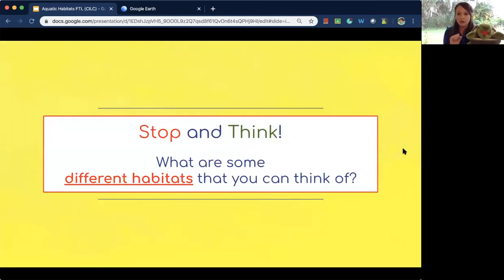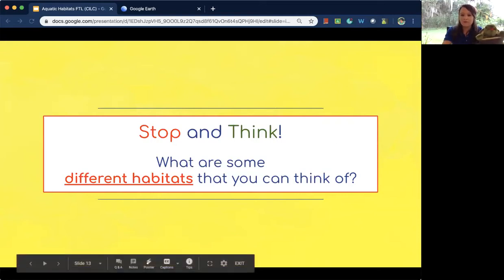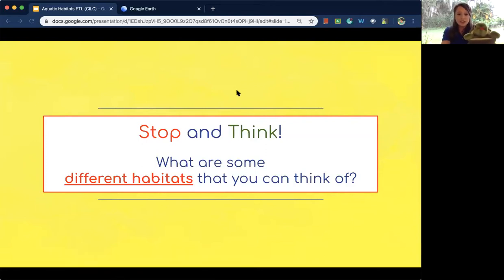So here's another question for you, and I need you all to participate again. What are different habitats that you know? So I said a home for me, but what are different animal habitats that you can think of? And we're putting this up in the chat right now, and I already have people participating. You guys are so awesome. Lakes, swamps, forests, oceans, deserts, ocean for the fish, ponds, marsh. This is so great. Think about too, rainforest, jungle. What about cold? Can someone tell me what is like a cold habitat?